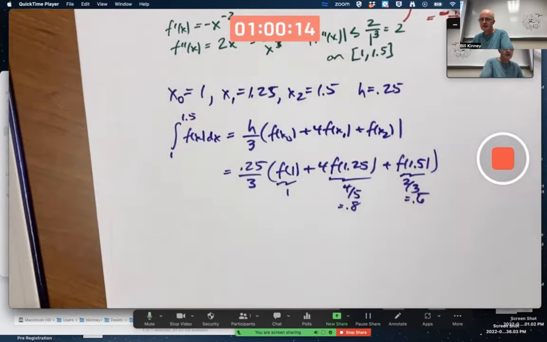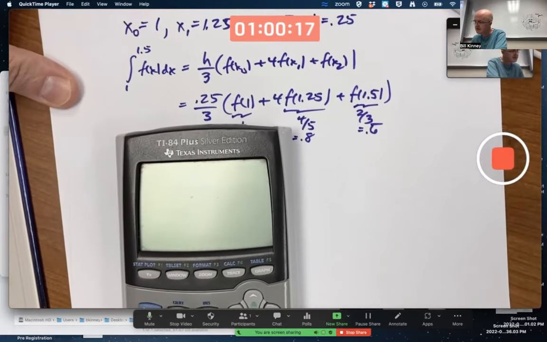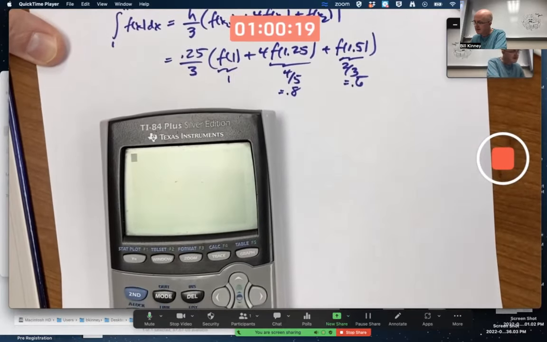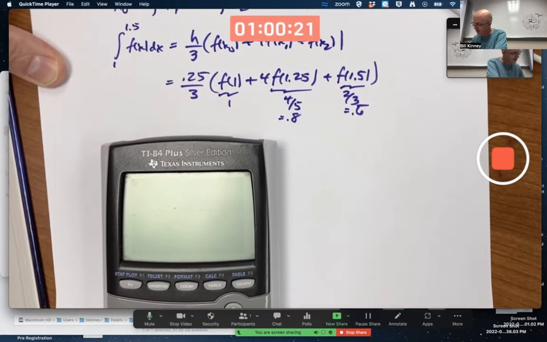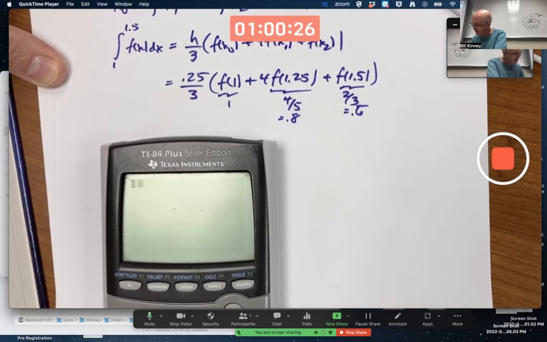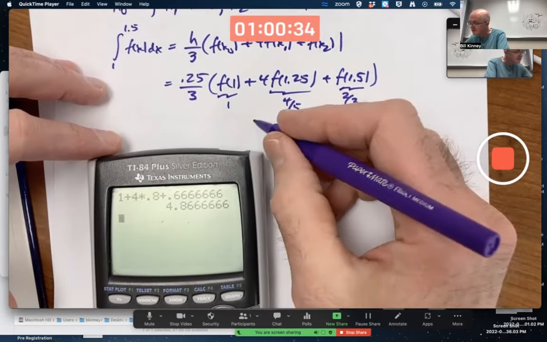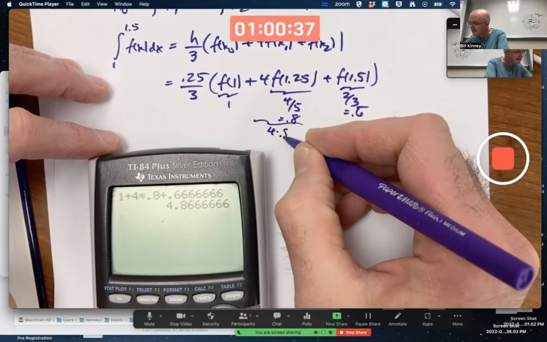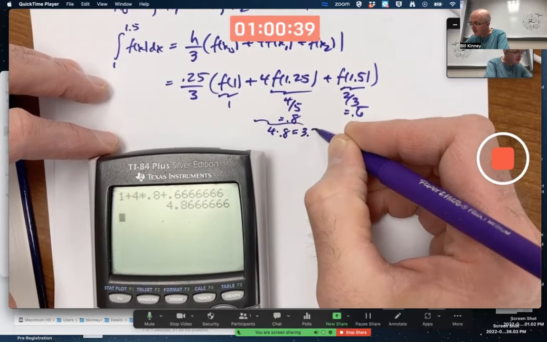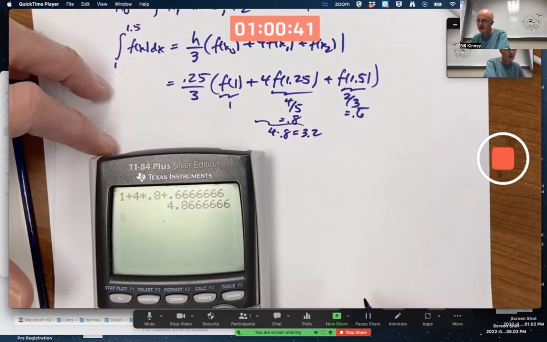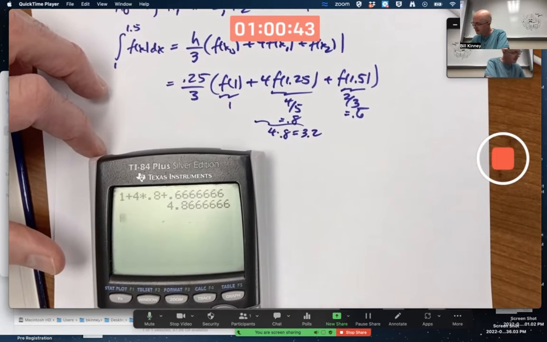Let's use the calculator to finish this. I'm going to go ahead and add the numbers inside the parentheses here. 1 plus 0.8. 1 plus 4 times 0.8. I almost forgot to multiply by 4. Plus 0.6 repeating. This is 4 times 0.8 is 3.2 right there. When you add those, you get 4.86 repeating times 0.25 divided by 3